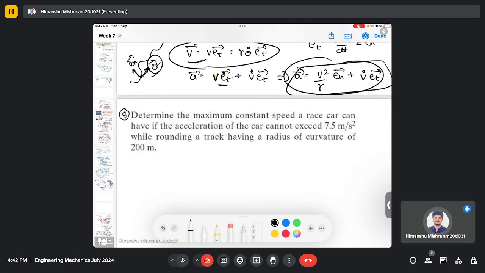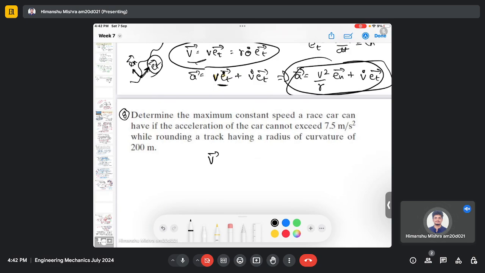So we start with a very simple question. Determine the maximum constant speed a race car can have if the acceleration of the car cannot exceed 7.5 meter per second squared while rounding a track having a radius of curvature of 200 meter. So we have to determine the maximum speed and it is a constant, which means